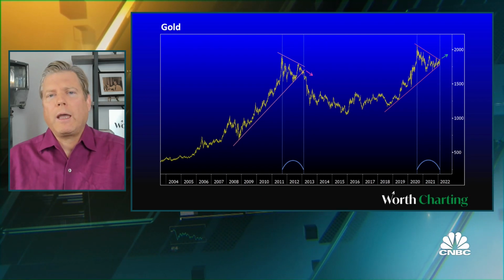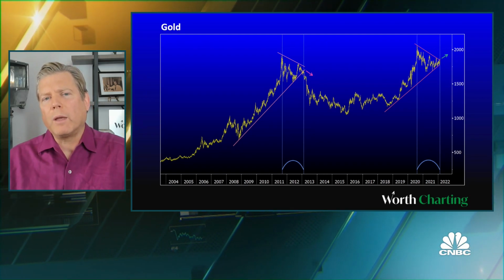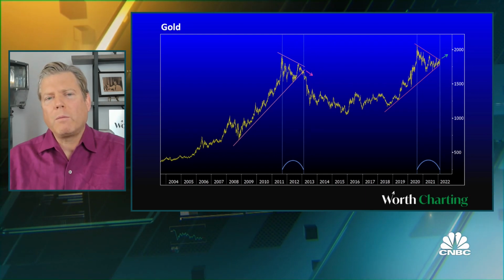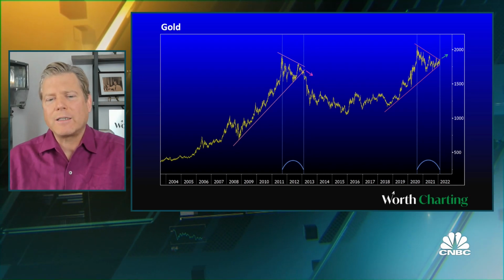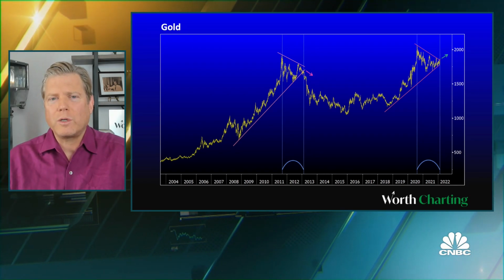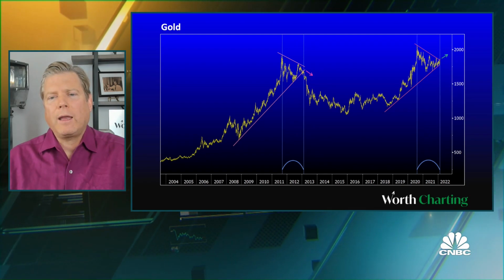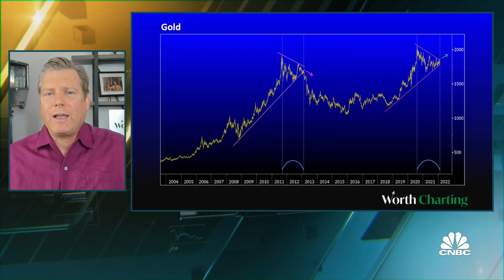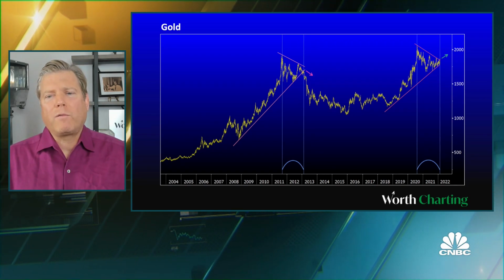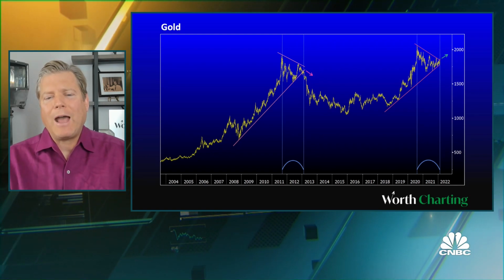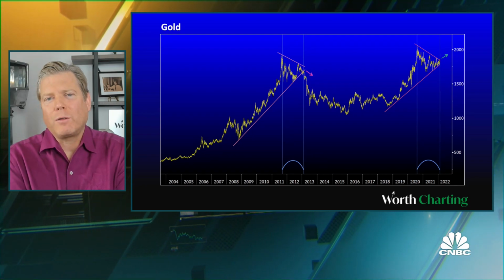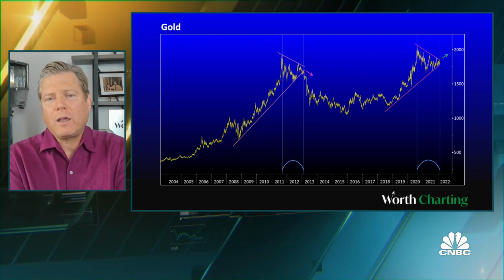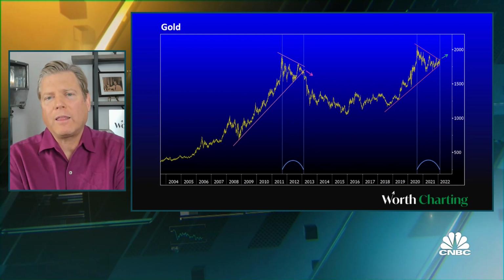Now, an analogy is a weak form of argument. There, however, are many people making the analogy that this current circumstance is analogous to the 2011-2013 event. And you see how I've drawn the lines there. It does look quite similar. But 2 things I would point out. When we got to the apex of the formation, when we started to break down in 2013, 10-year yields went from 1.5 to 3.1. And I think a lot of thinking is that we're looking at something like that now.